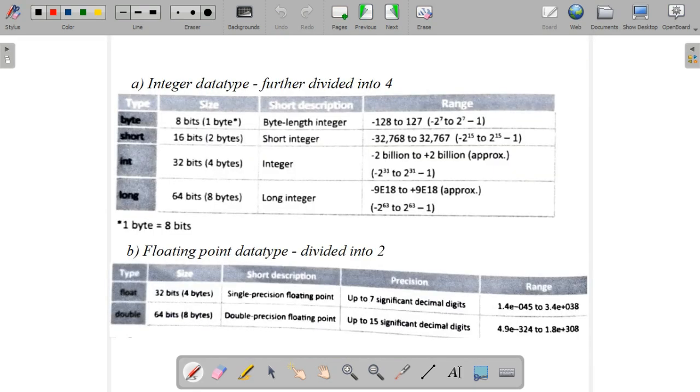The storage sizes and the range of the data types vary, and depending upon our requirements, we can select the appropriate data type. As an example, if you want to enter a roll number, then we need to specify it is an integer value. If we want to give a string or a name, then we have to specify it is a string data type.